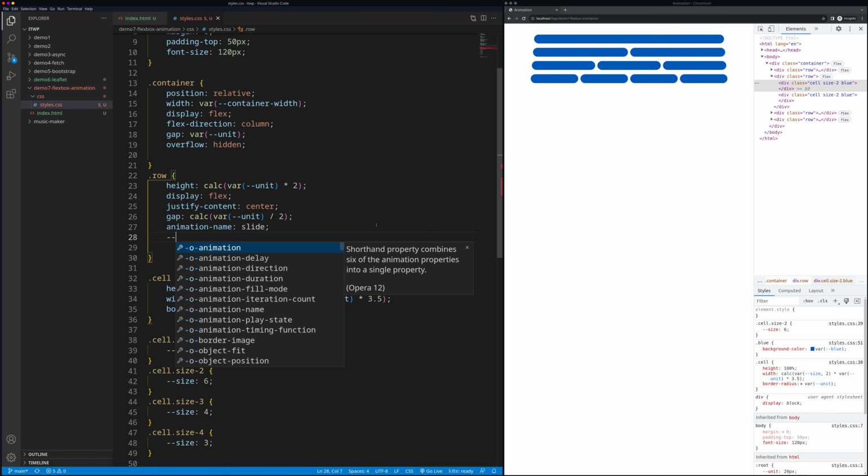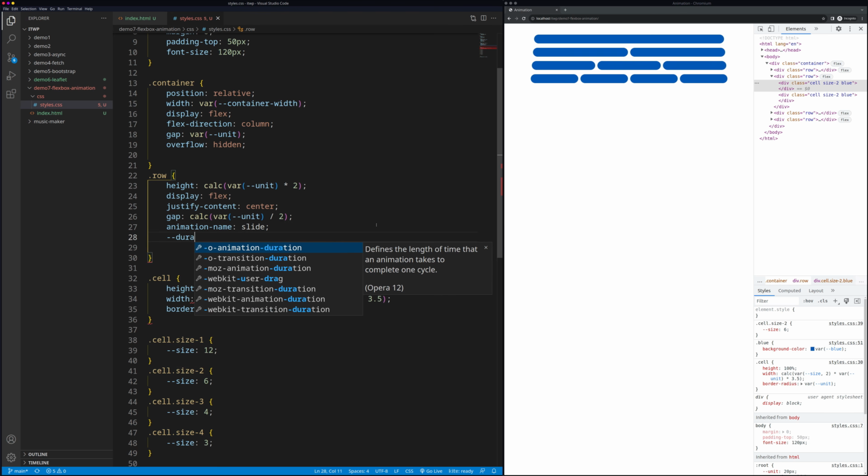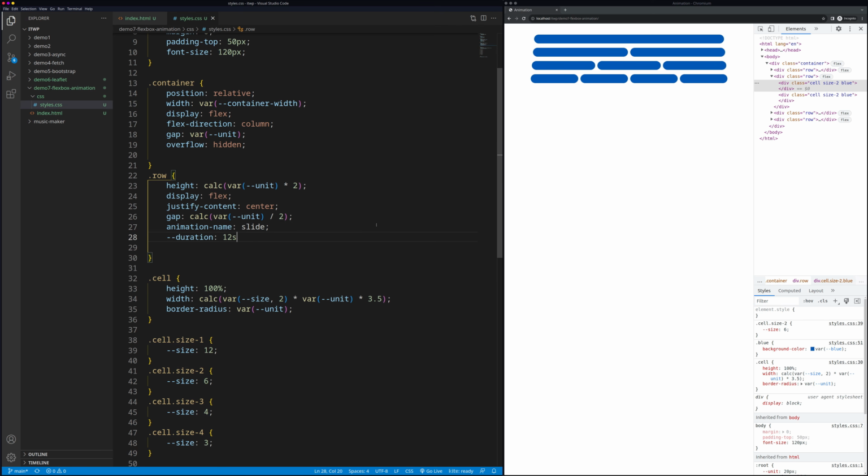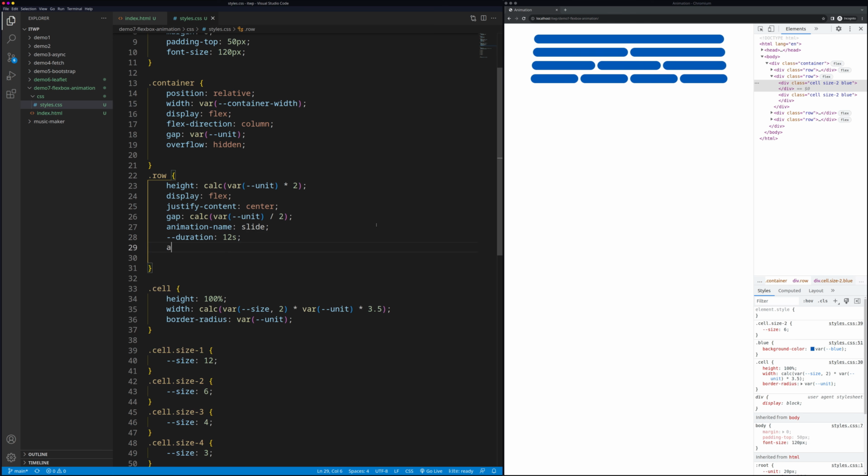First we will define the duration of the animation equals 12 seconds, and this is a variable, so we will use that variable, but we will also have other overriding elements. And then animation duration is calc